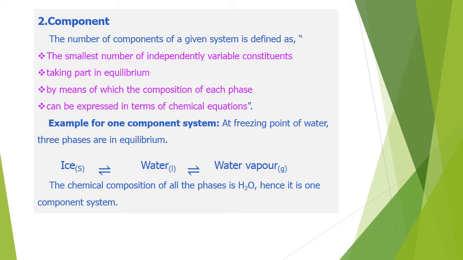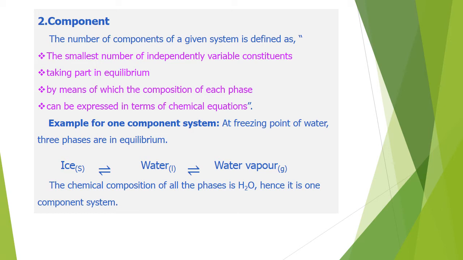In Western countries, they never add milk to the tea. They add water and tea powder. That's all. Okay, a little bit of sugar if required. So I can reduce milk also. If I remove milk and sugar, I need only water and tea powder to make tea. Still it is called tea. So initially I had 4 components. Now I used the term smallest number of independently variable components. Maybe you have 4 components, but I want the smallest count. So the smallest count to make tea is 2 components.